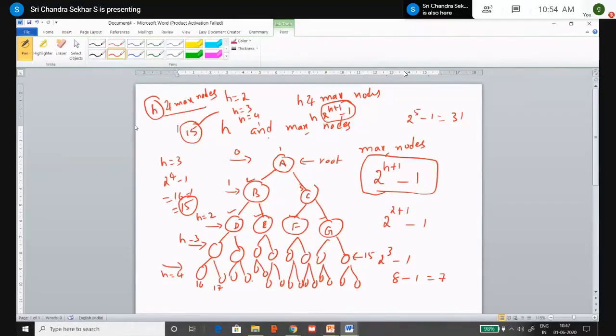We have given a clear example on the relationship between the height and the minimum nodes, right? Similarly, in the first property, we have given the relationship between the number of nodes and the number of edges. This is a very important point. If n is the number of nodes, the number of edges will be n minus 1. And coming to the relationship between h and minimum nodes, if the binary tree is having a height h, the minimum number of elements that can be accommodated is h plus 1, and if height is h, the maximum number of nodes that can be accommodated is 2 power h plus 1 minus 1, right?